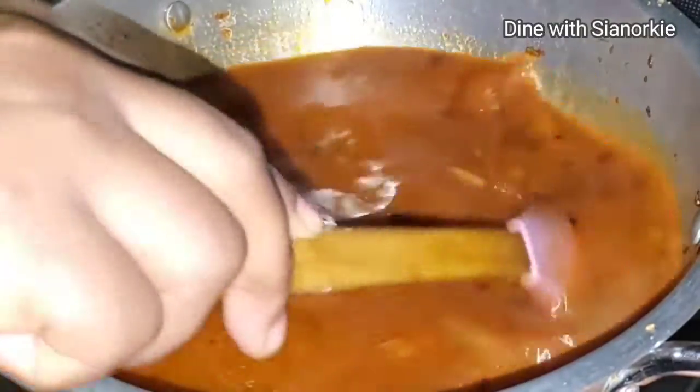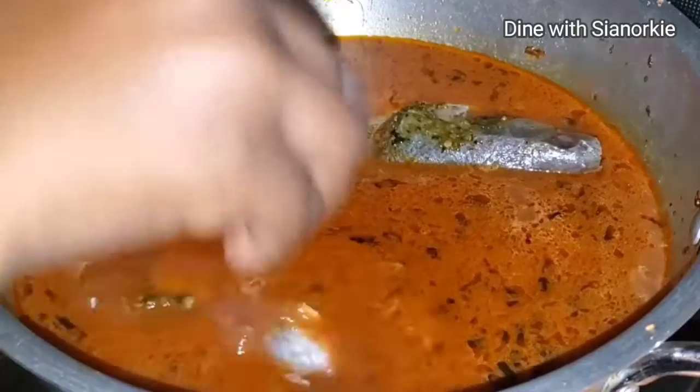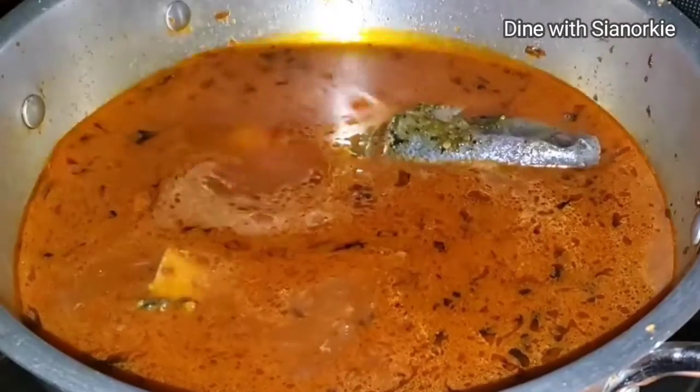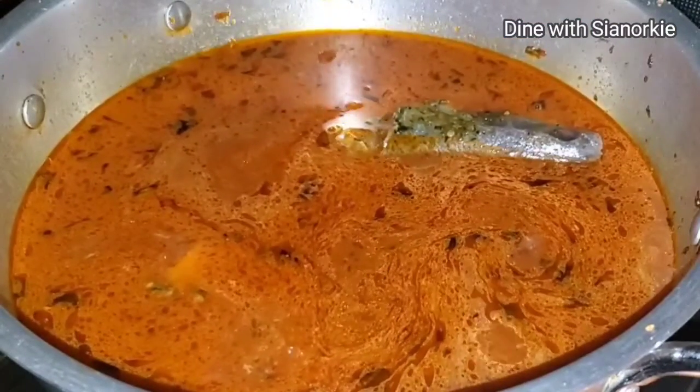So I just rinsed out my earthenware bowl and then added that water as well. I'll give this a nice stir, and I will start adding in my fish, the fish that I stuffed with the spices. I will just add everything to this. Okay, so as it boils, it will